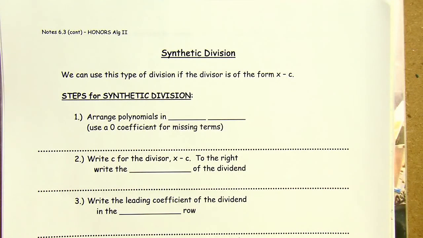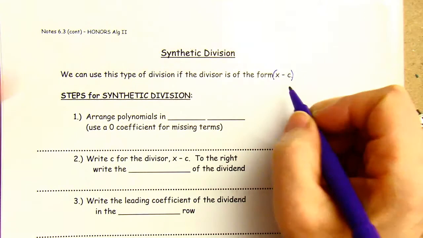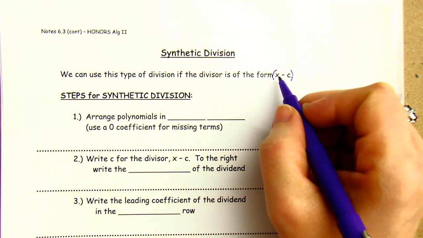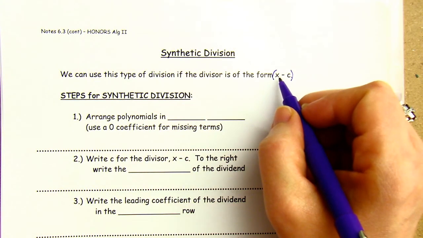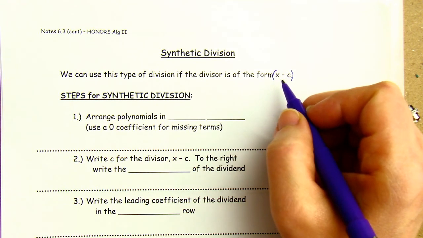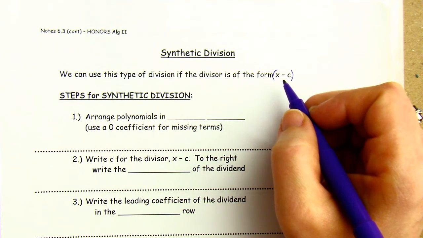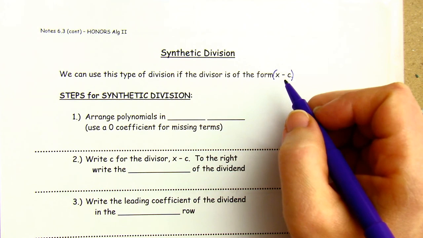Good morning. Notes. Chapter 6, Section 3 continued. This part of the section is going to take us through this thing we call synthetic division. We can use this type of division if the divisor is of the form x minus c. So notice the coefficient of x is 1, and it's a binomial. Okay, so if the coefficient is bigger than 1, then you can't use this form of division. But this is an easier way to get through the factoring, which then in turn leads us to solving polynomial